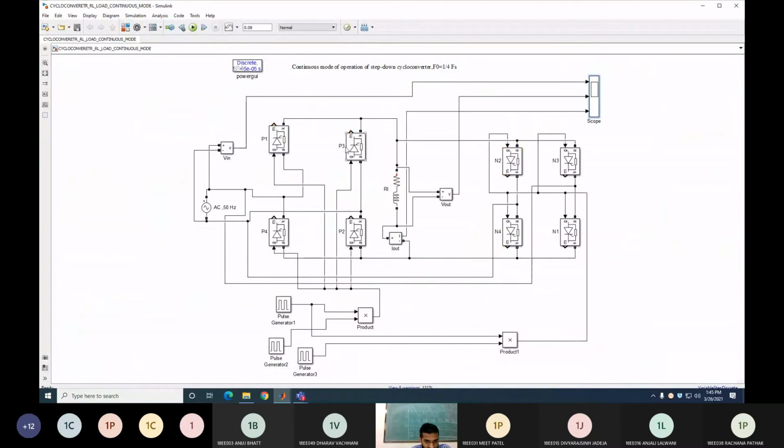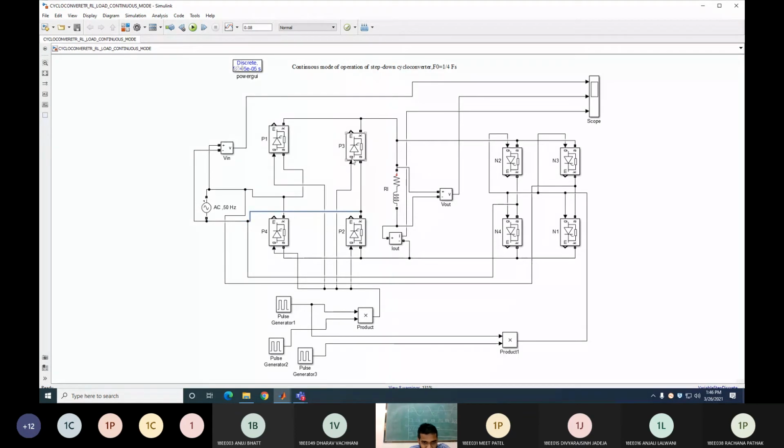But when you provide the gate pulse to P3 and P4 at pi plus alpha, what is the polarity of voltage here? Here it is negative, here it is positive. So you can see this negative polarity is connected with the